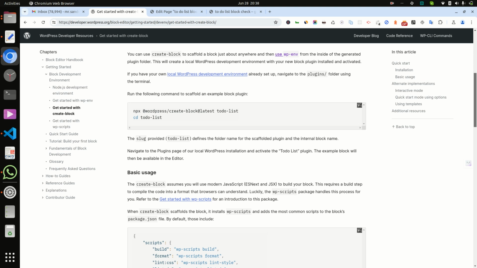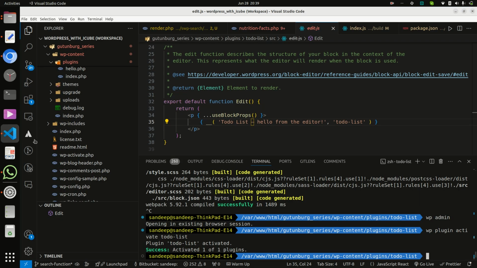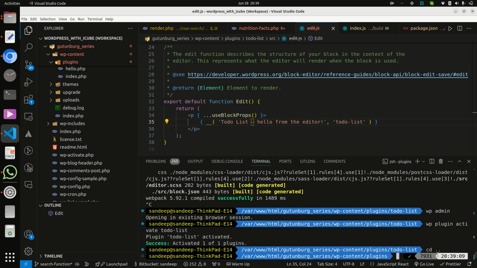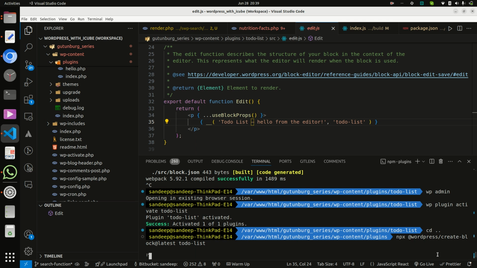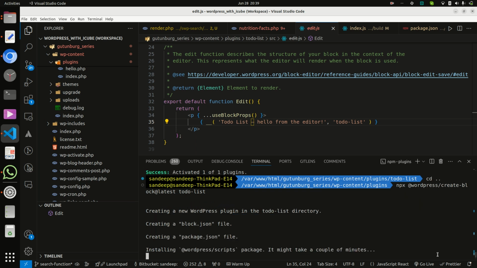So let's start. First I go to the plugin folder, and then I run this command. It is taking some time.